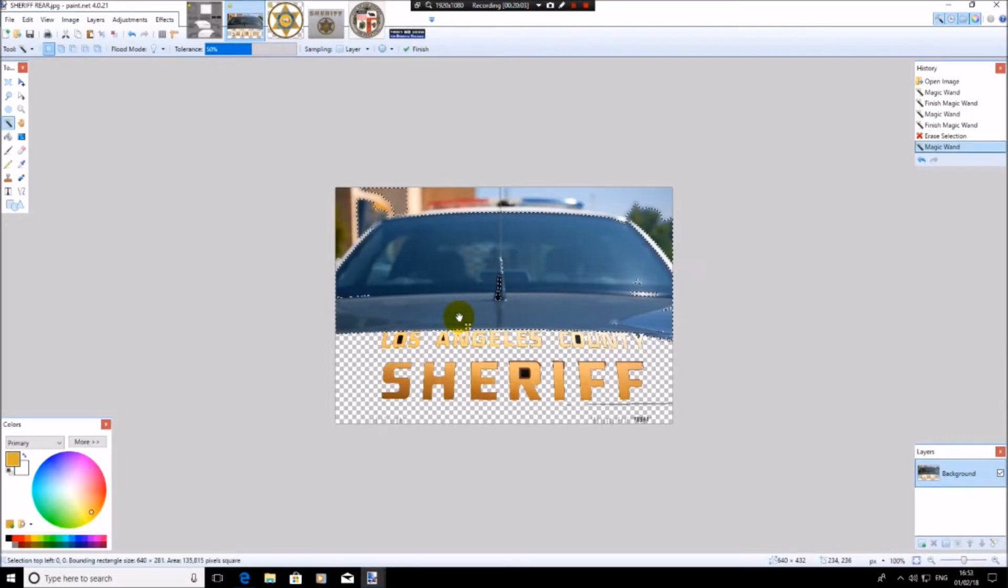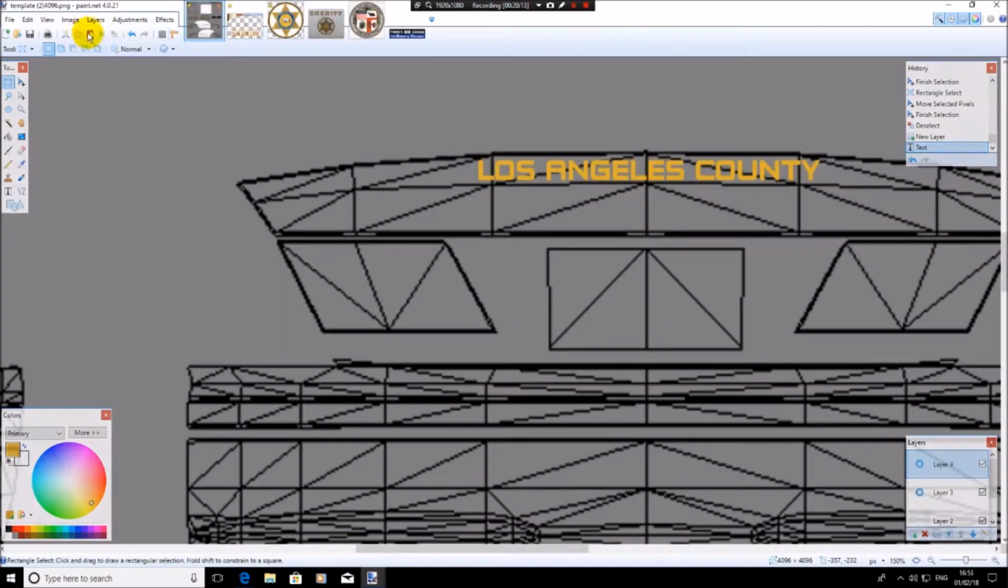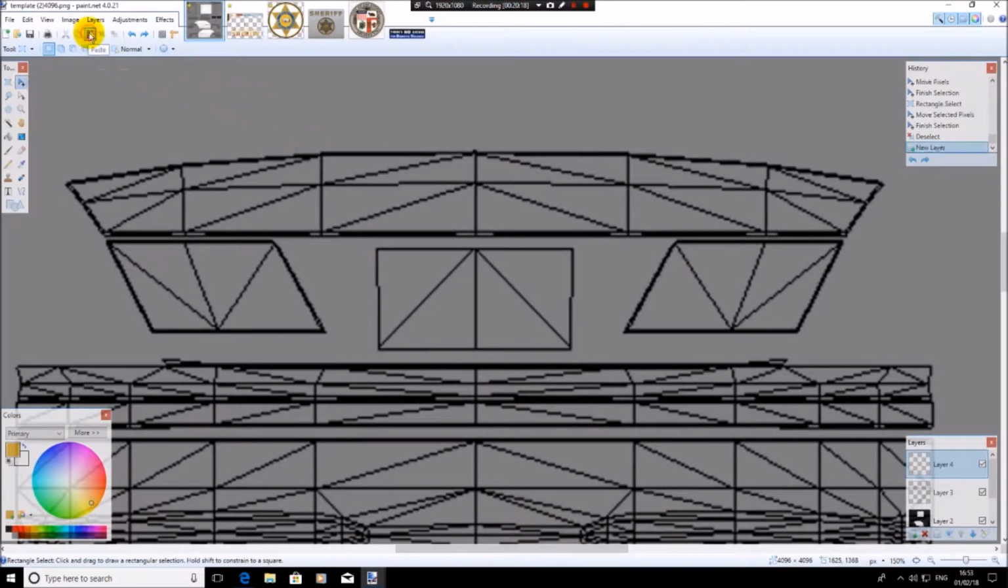Click on there again, press delete. Now literally just rectangle select, press copy, get rid of that, paste,